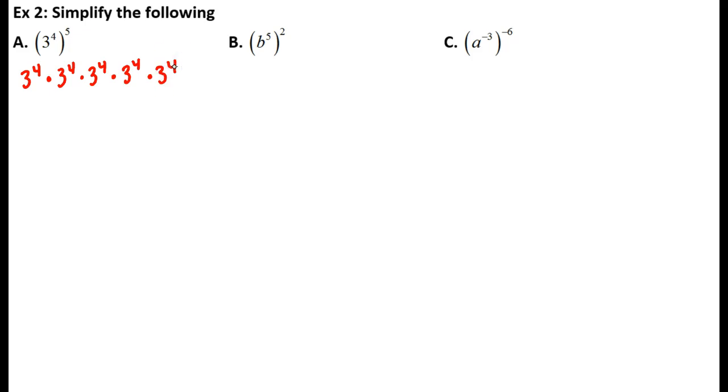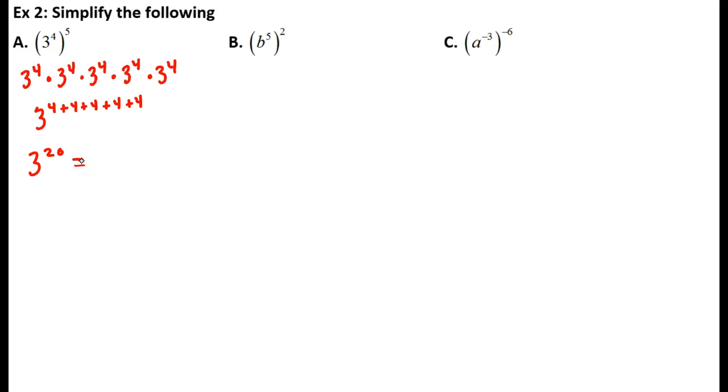Now in the previous example you learned that if you have a problem like this, all you're going to do is add the exponents together. So this is 3 to the 4 plus 4 plus 4 plus 4 plus 4. So we have a total of 4, 8, 12, 16, 20. So this is 3 to the 20th, which when we do the multiplication,